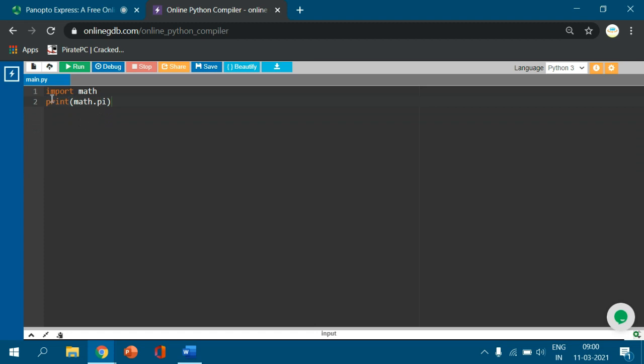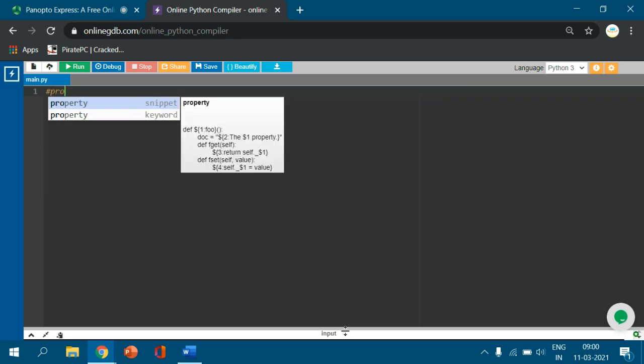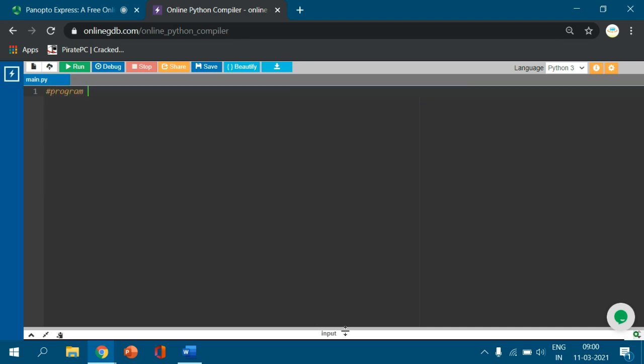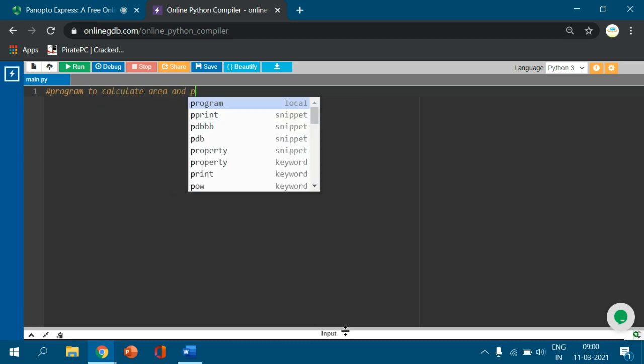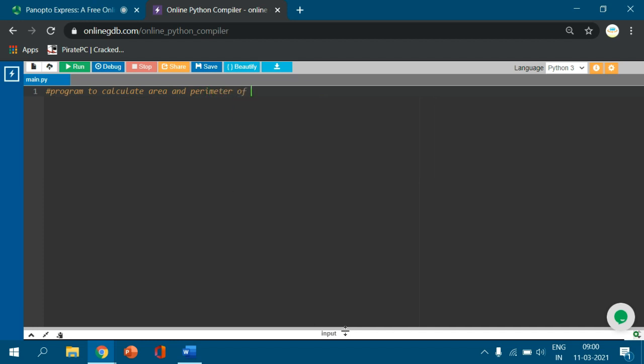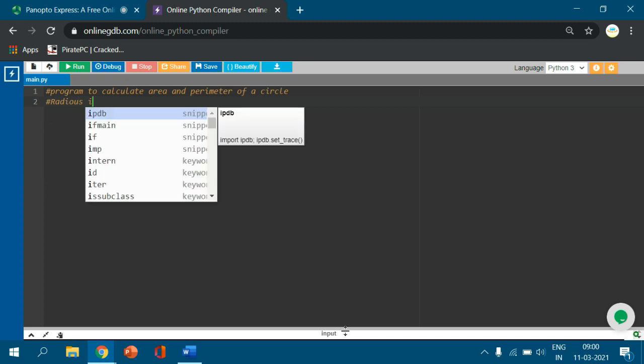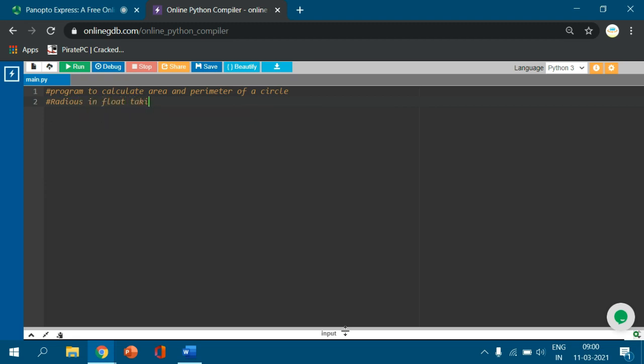Now I will change my program from the starting onwards. I write one comment line: program to calculate area and perimeter of a circle, radius in float taking from console.